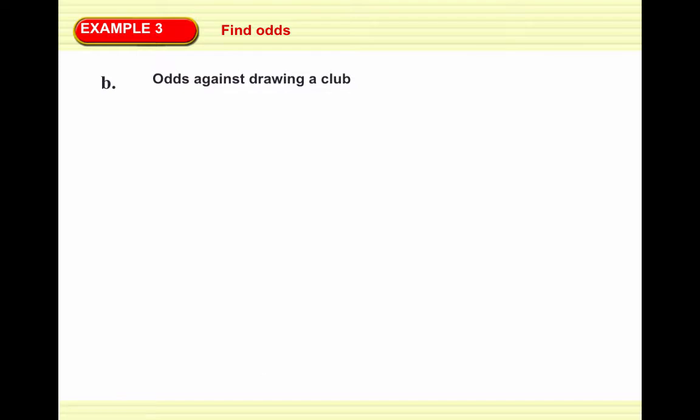Odds against drawing a club. This time we're going to have the number of non-clubs on top as a ratio to the number of clubs. Clubs are one of our suits, and in each suit there's 13 cards. The number of non-clubs are the total number of diamonds, spades, and hearts, which are 13 plus 13 plus 13,